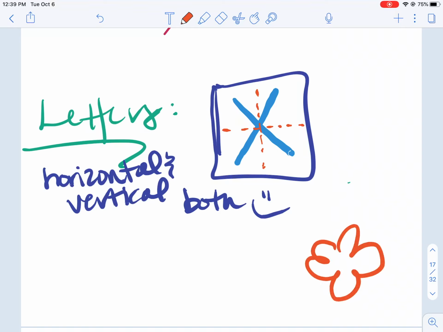I'll draw you one quick flower. I don't know if it's going to be symmetrical or not. No, not symmetrical, but